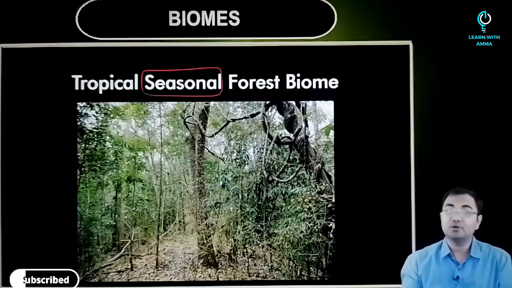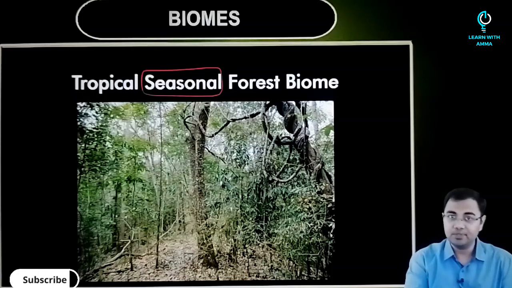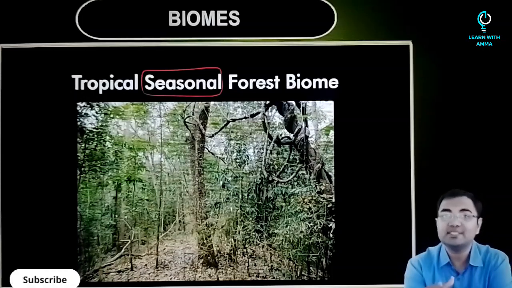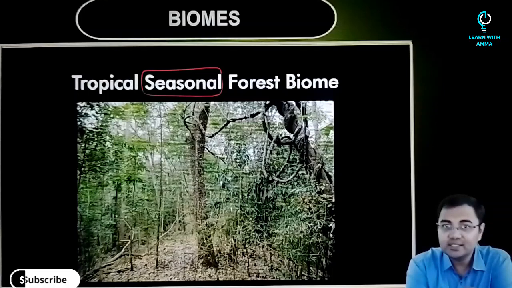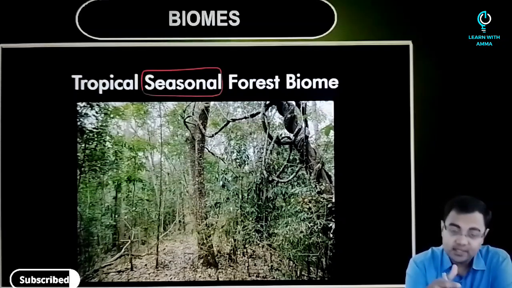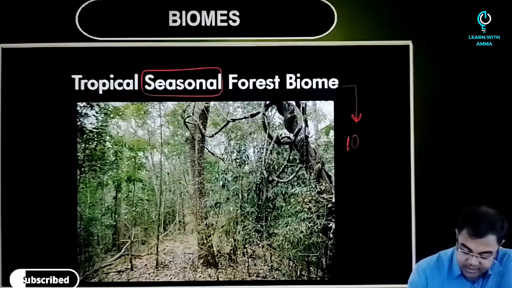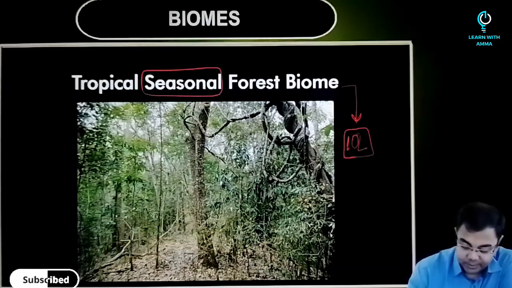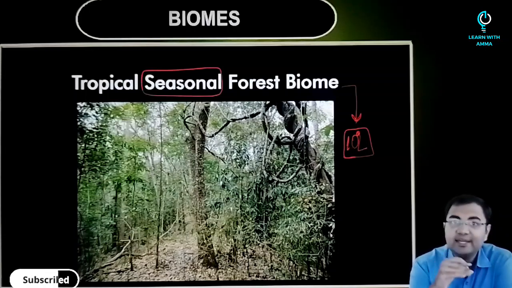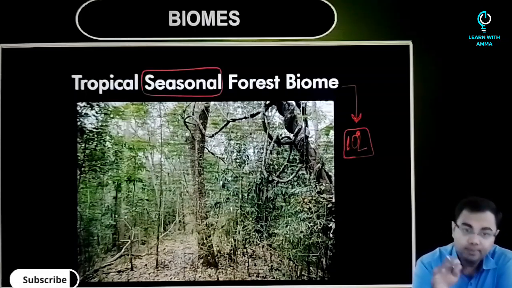There will be seasons of high rainfall and there will be seasons where the rainfall will be very low. And this is where the water stress starts to come into the picture. And because of the water stress that will be observed in these seasons, there will be a huge amount of shedding of leaves. Now, when we talk about this particular biome, this usually will be seen after 10 degree latitude. So from 0 degree up to 10 degrees, normally you will observe that this kind of biome will not